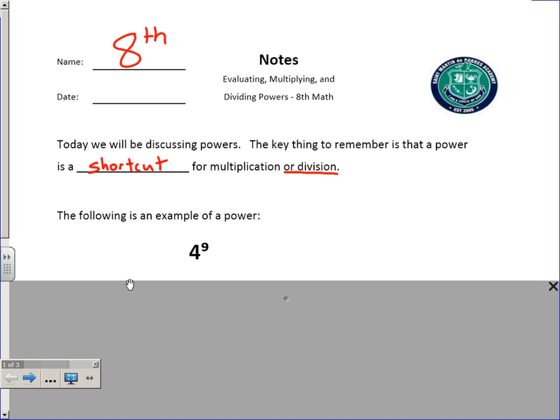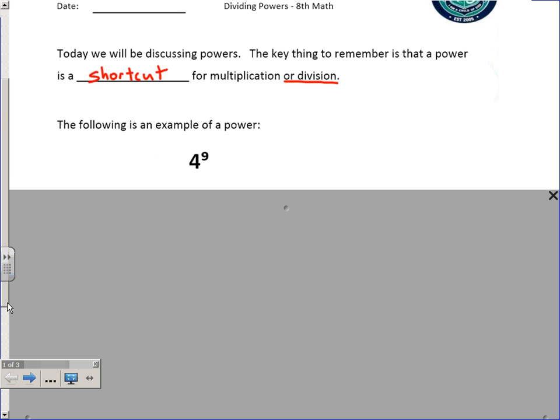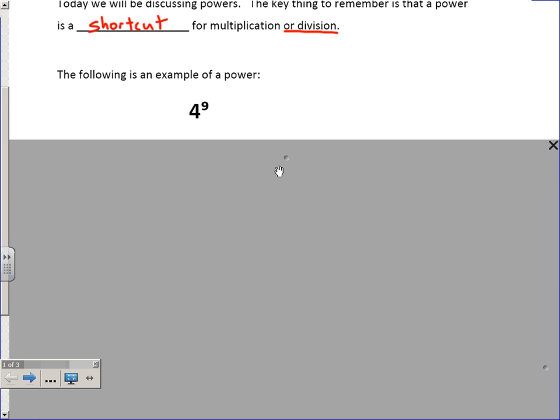So just to review what a power is, it's really just a shortcut for multiplication or division. Now the division part is something we'll talk about in a later lesson, but for now, let's just think about multiplication. So, for example, 4 to the 9th, that's a power, and that's a shortcut for a multiplication problem. And if we pull this down,